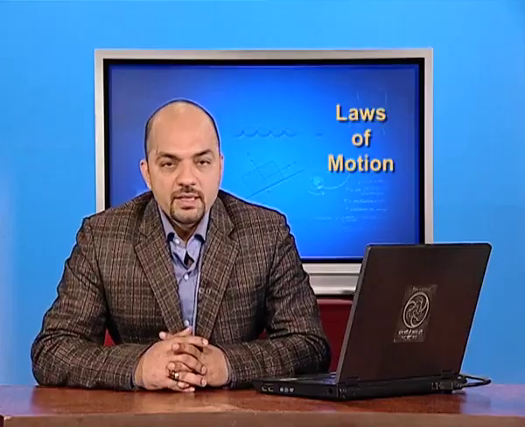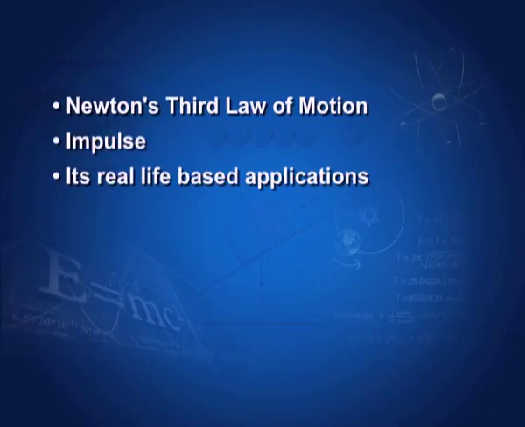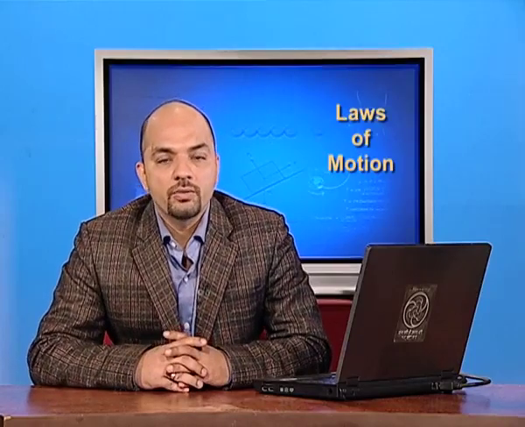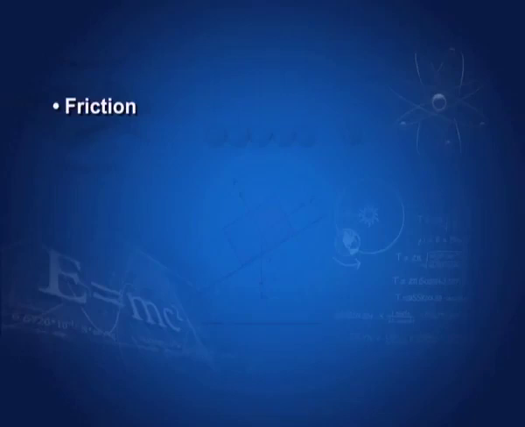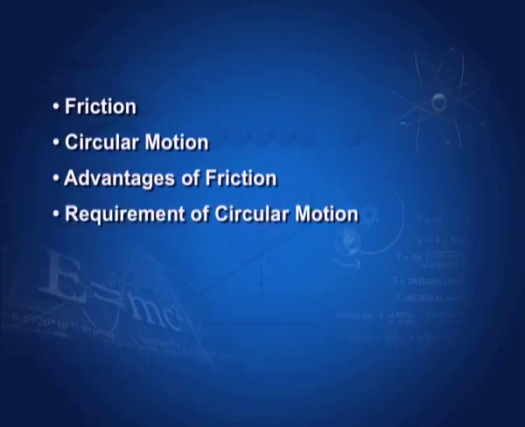What is it? According to Newton's third law, the body does not get any normal reaction. As a result, the body is falling freely under the acceleration due to gravity. In this chapter, we have learnt about Newton's third law, impulse, and its real life based applications. In the next lecture, we will discuss friction, circular motion, advantages of friction and requirement of circular motion and banking of